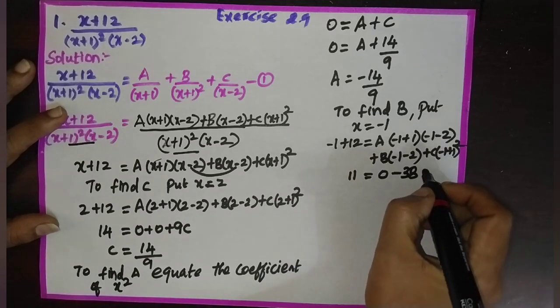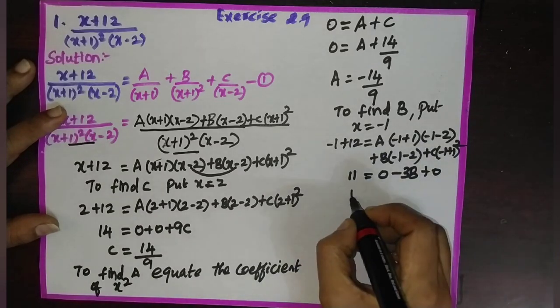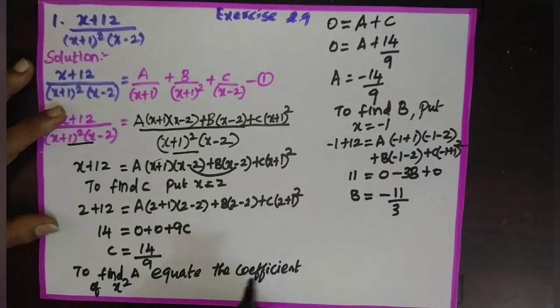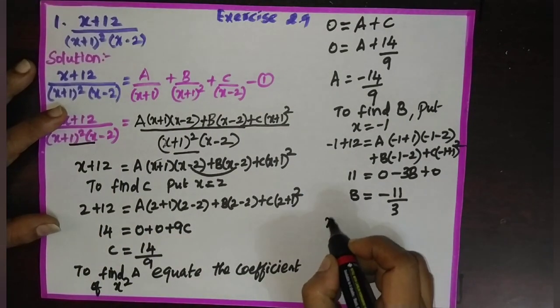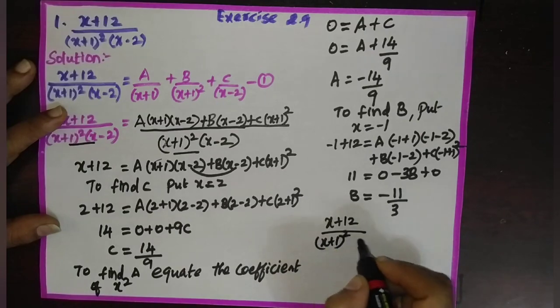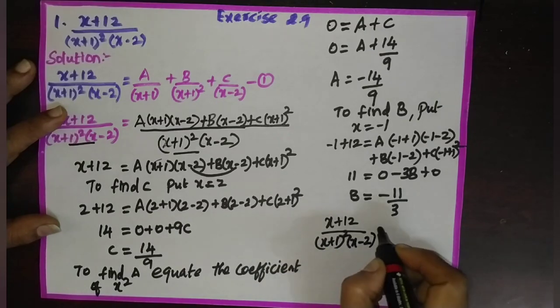So 0 into c is 0. So the value of b is minus 11 by 3. So substitute a, b, c in 1. Then we get x plus 12 by x plus 1 the whole square into x minus 2 is equal to,